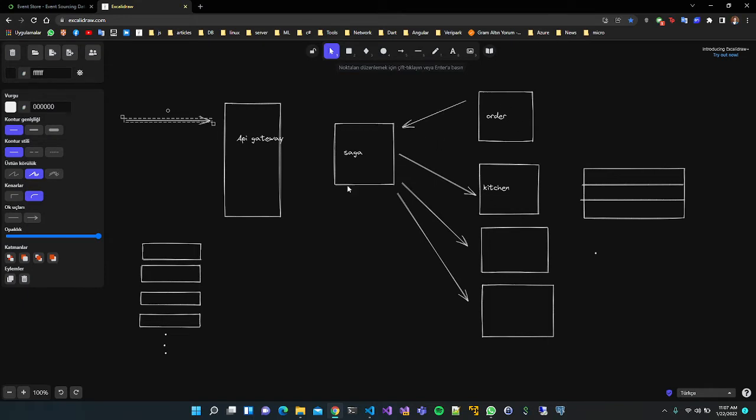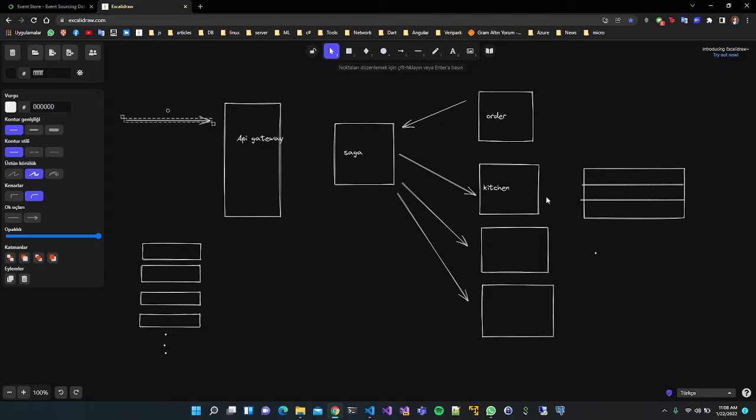You know there's a pattern, the Saga, that handles the communication between the other services when you make a service-level transaction. The order service will make a transaction, and Saga handles this transaction and sends a request to the other service, for example, kitchen.